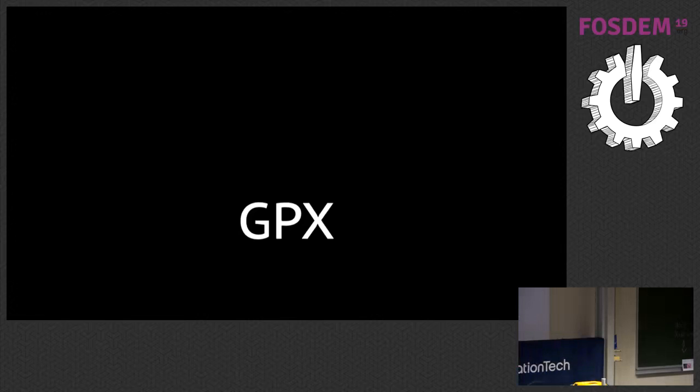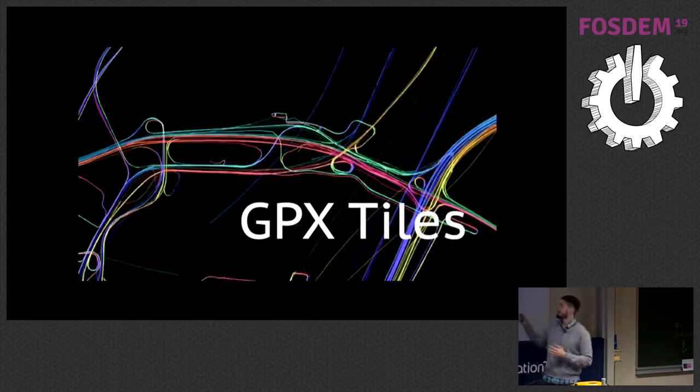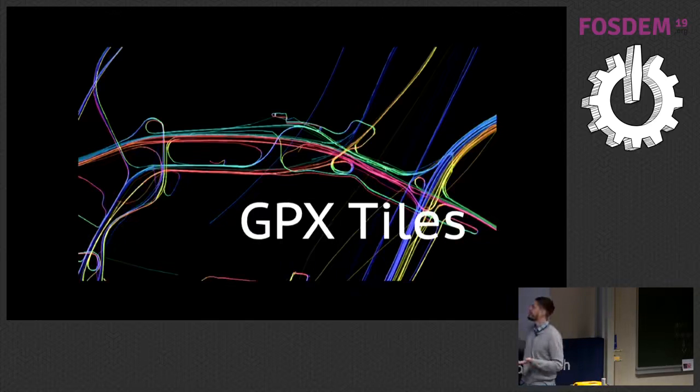Because working with GPX is very hard. It's a complex format, it takes a lot of memory, and when there are a lot of rides, it's very hard to trace over GPX traces. So instead, people just add a GPX tiles layer. It's all the same traces, but rendered in raster tiles. The color means direction of travel. So the blue one is traveling to the east, and red is to the west. So you can immediately see one-way streets and two-way streets, and where you can go.